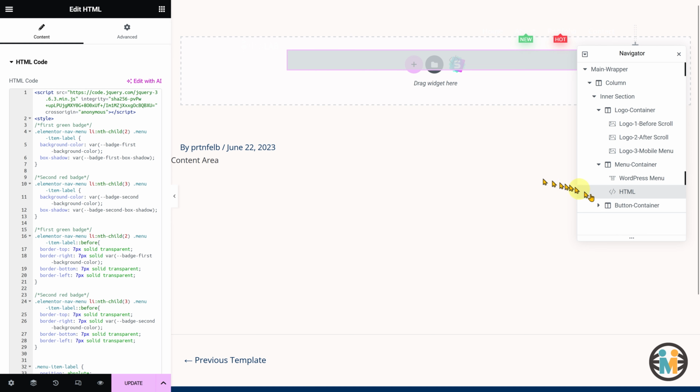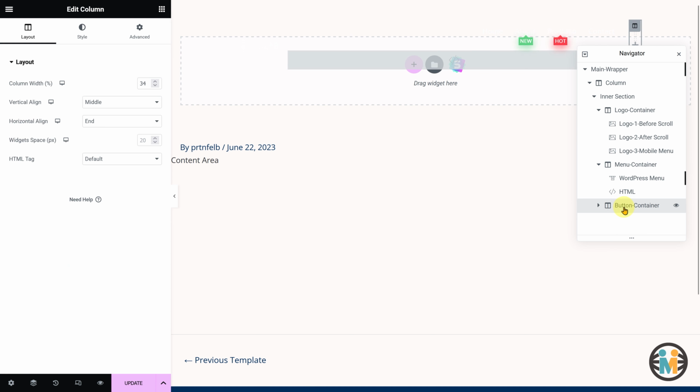Then paste the HTML element code snippet. Moving on to the button container, you can use any widget you prefer, such as a search widget, button widget, countdown timer widget, etc. Please note that the timer shown in the demo header is not a native Elementor countdown